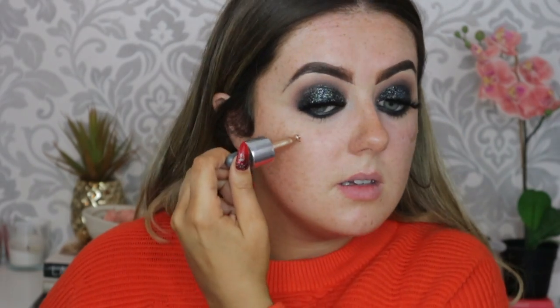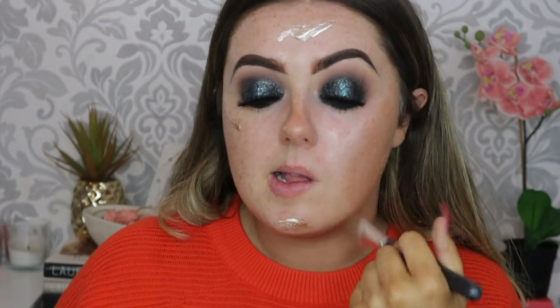Okay, so it's now time for the face. So I did all my prep a bit earlier. I'm just going to go in with my Iconic London drops. Are these the shade Original? And just to create a nice glow on my skin. So for foundation, I'm going to take my Maybelline Fit Me foundation, matte and poreless, and I've got the shade